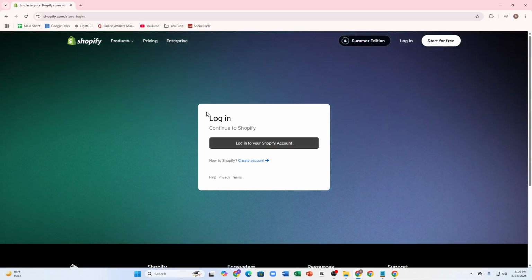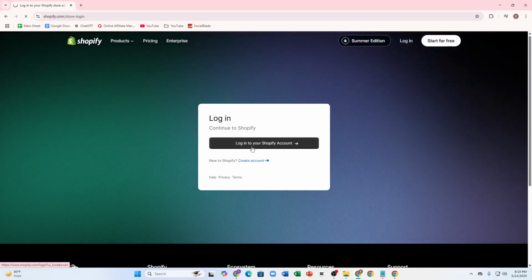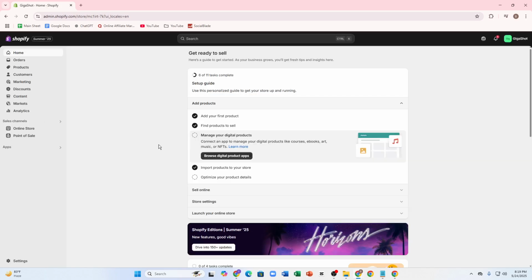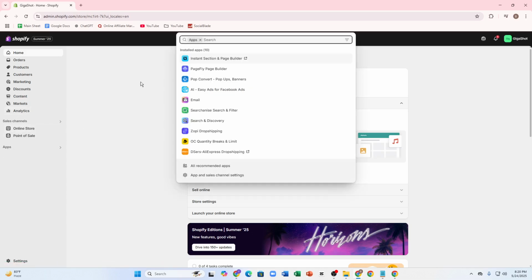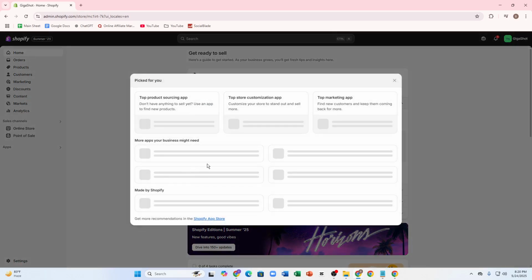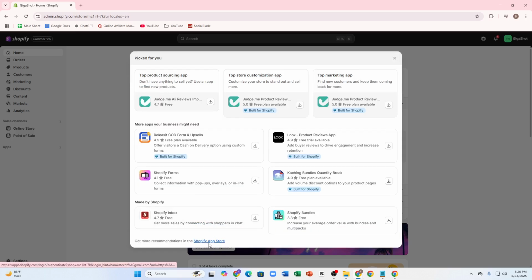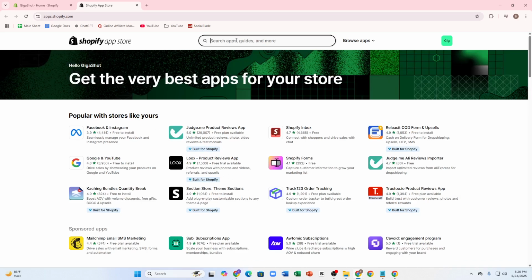First of all, you have to visit a Shopify account. You have to log into your Shopify dashboard, or you can say admin dashboard, and from there you can see this option called apps right here. Just simply tap onto it, and from there you can tap onto all recommended apps, and from there here you can see this Shopify app store. Just head over to Shopify app store and then search for gem